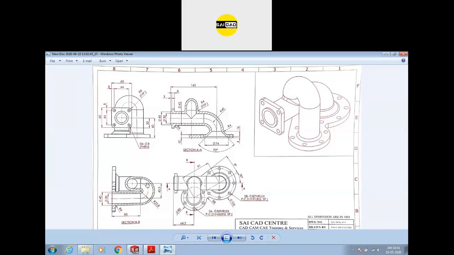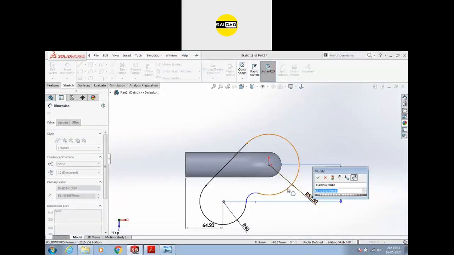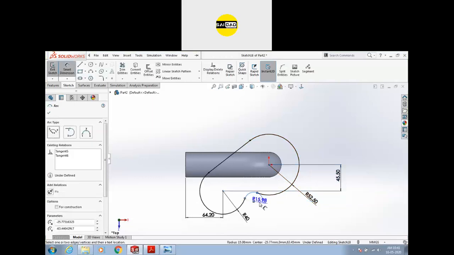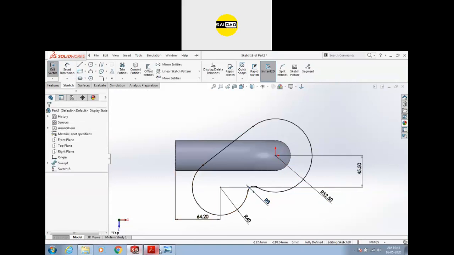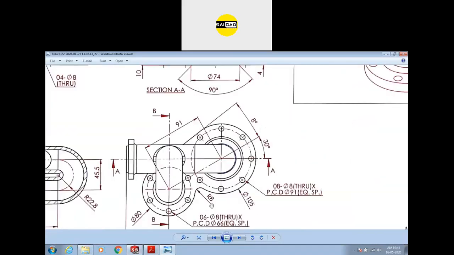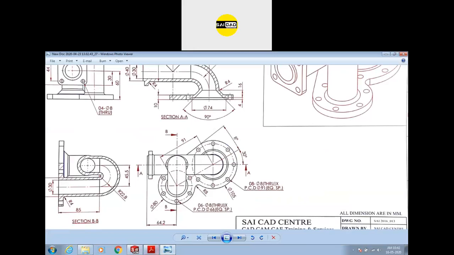If you see here the center line of this object and center line of this object, there is a distance 45.5 given. So this distance is 45.5. We have this radius of 8. You can see there is the 8 mm radius. So this is our base profile.